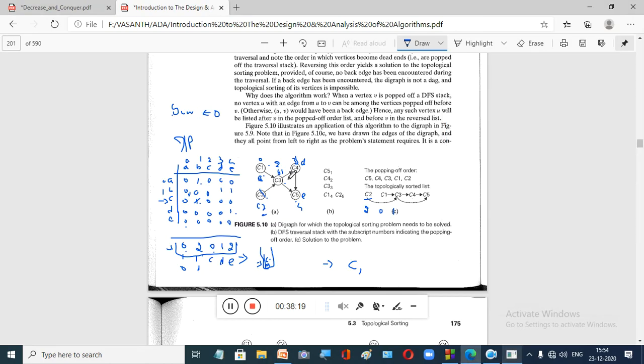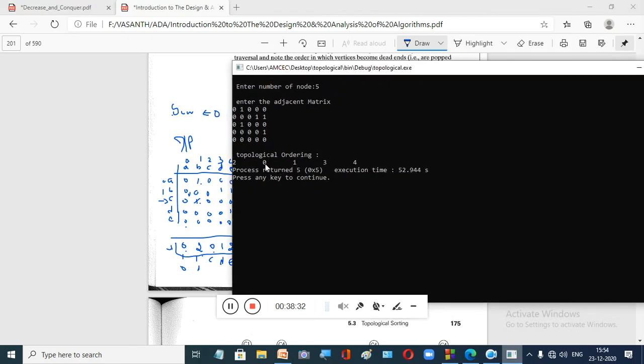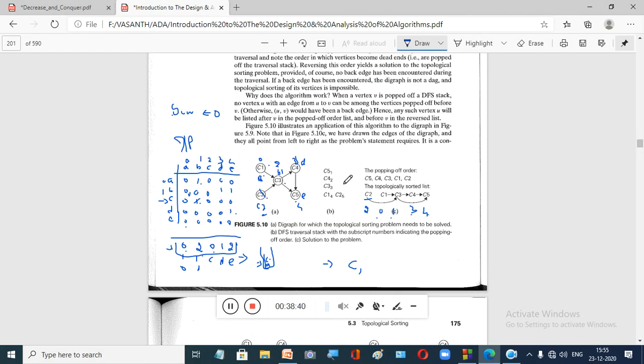C4 is 3, and C5 is 4. So your final result should be 2 0 1 3 4, and that is what we have got here. So 2 0 1 3 and 4, right? This is the topological ordering of the given directed graph.